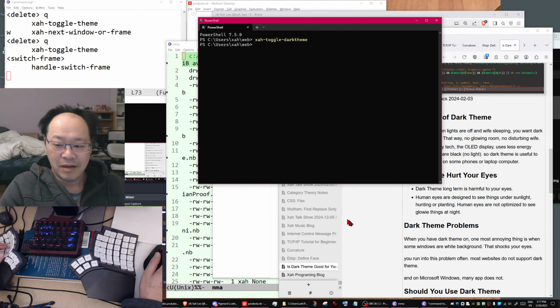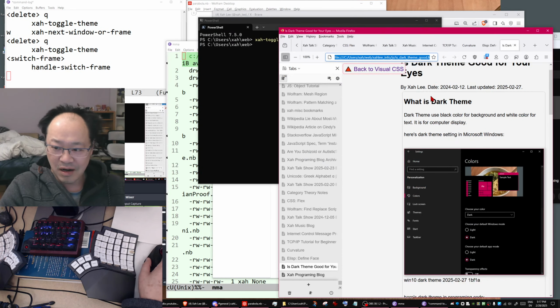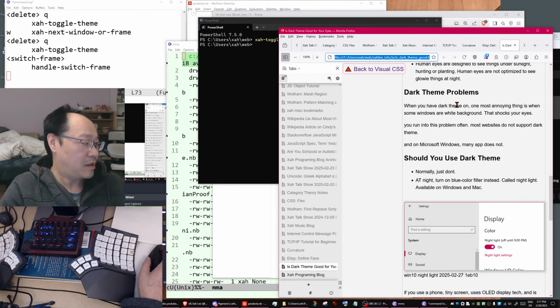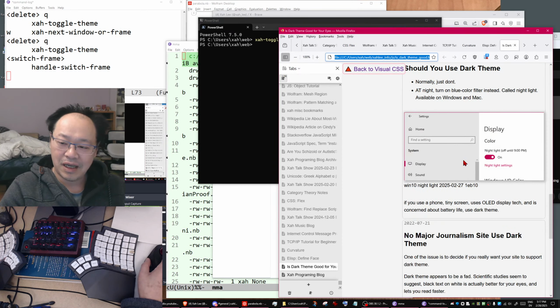Here's an article on dark theme. Should you use dark theme? Is it good? What does science say? You have to listen to science. And then